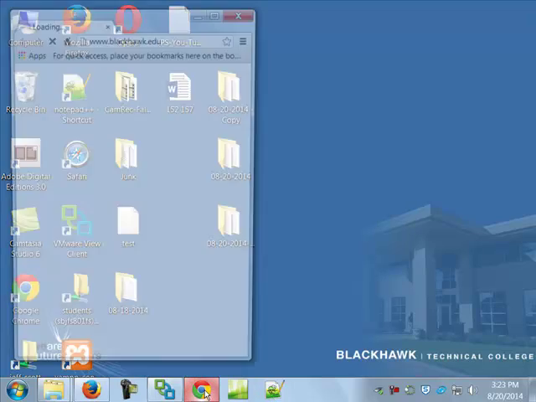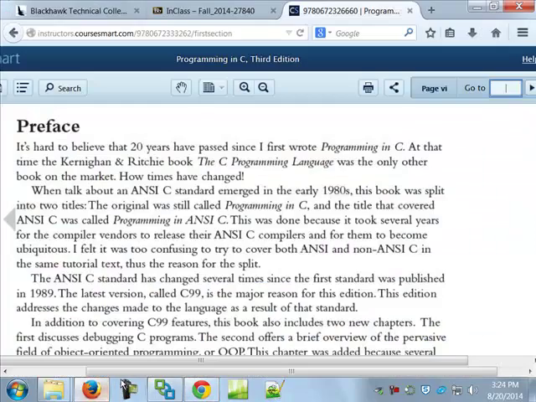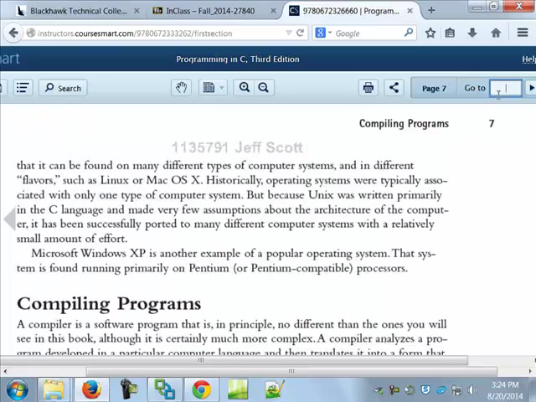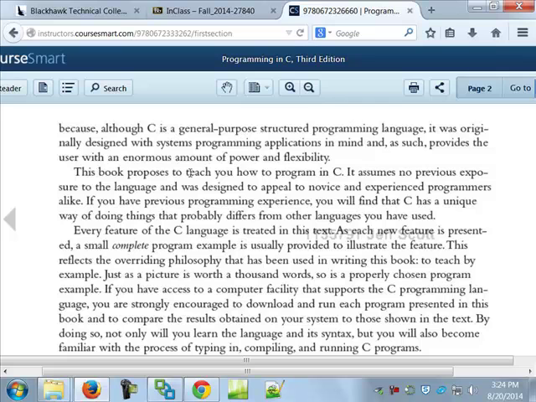All right. So, what did I do here? I'm using the wrong one. Just turning up to chapter 1, which is kind of your typical blow-off chapter. It's literally 3 pages long. He does mention on page 2, and this is him talking, not me, so what I'm about to tell you in here, you may not agree with. He says, this book proposes to teach you how to program in C. Okay, good. Every feature of the C language is treated in this text. BS. It depends on what you mean by treated.